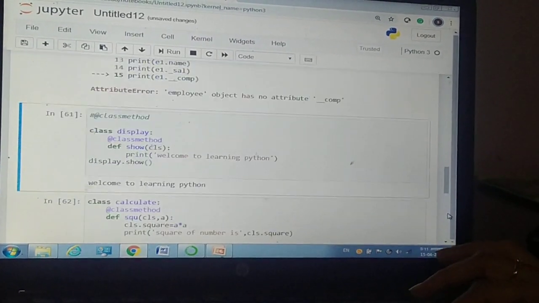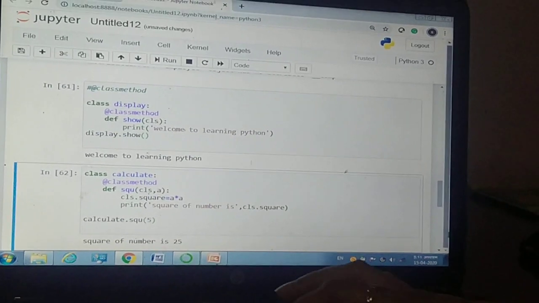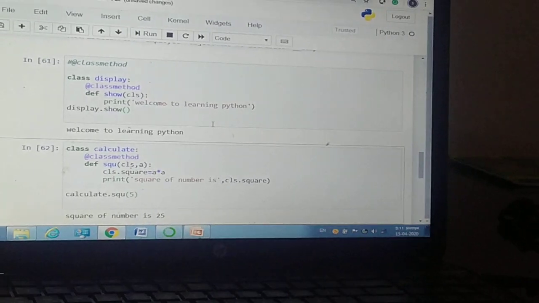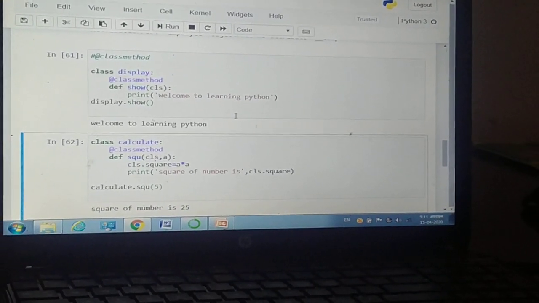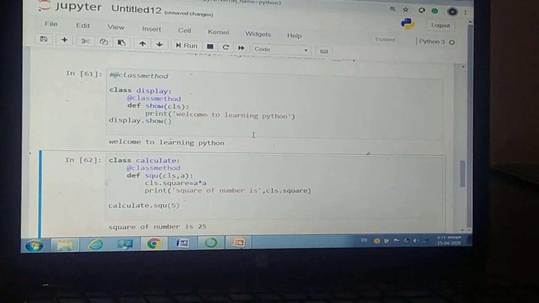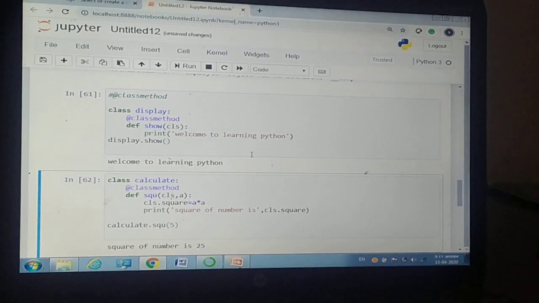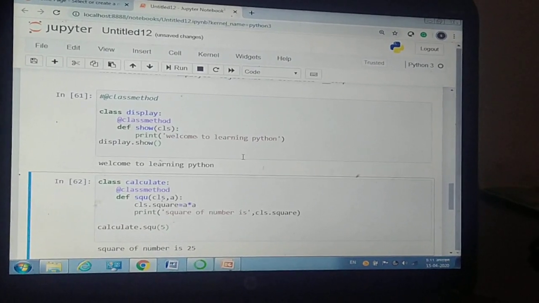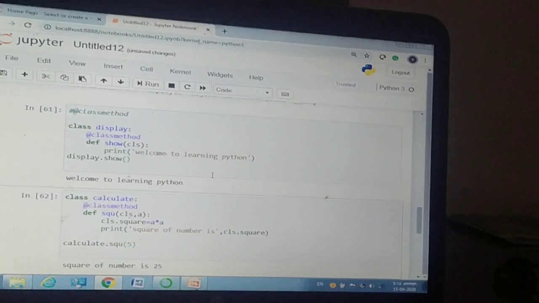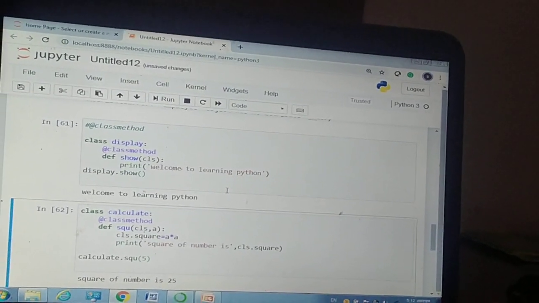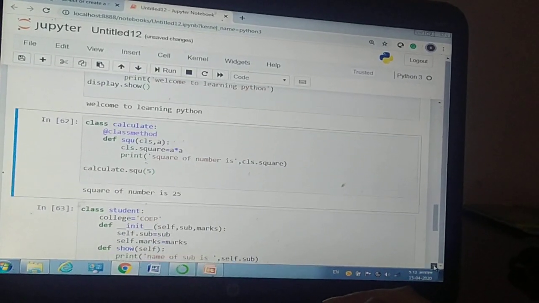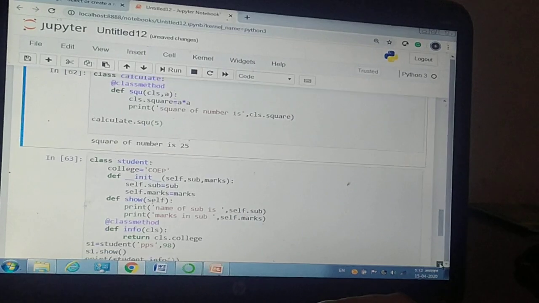So let's take a quick revision. This is a very basic example of a class method. Whenever you want to define any class method, before defining that method, you need to use the decorator, which is @classmethod, and below that decorator you write the simple function definition as you write in other cases. The only difference is the first argument of that function should be cls, and that function must be called by the class itself. You have to use the class name dot function name to call that function.